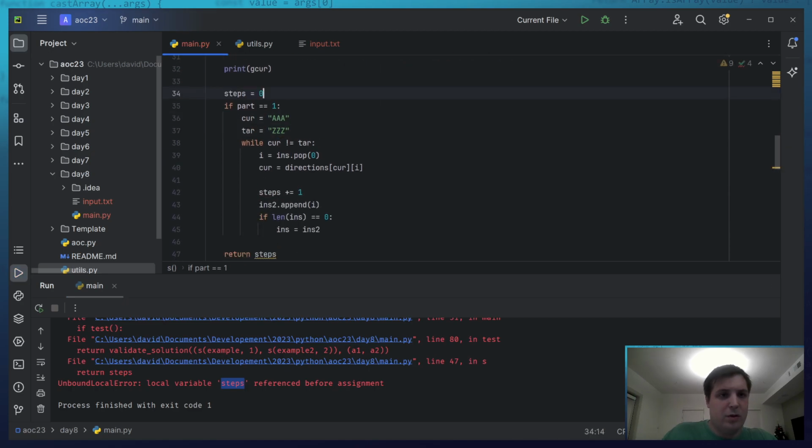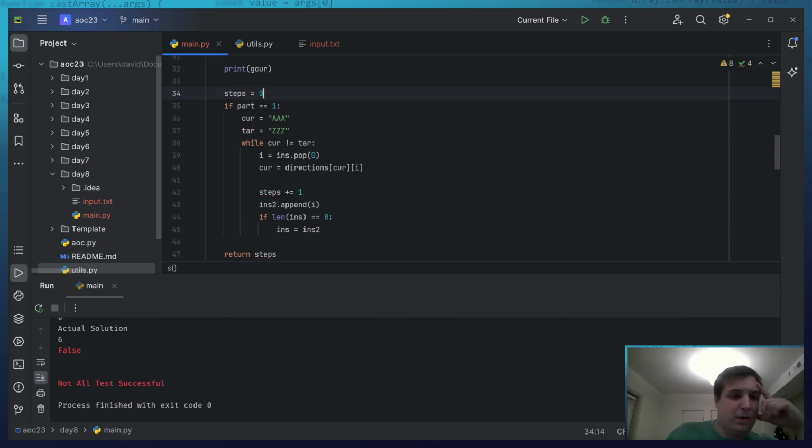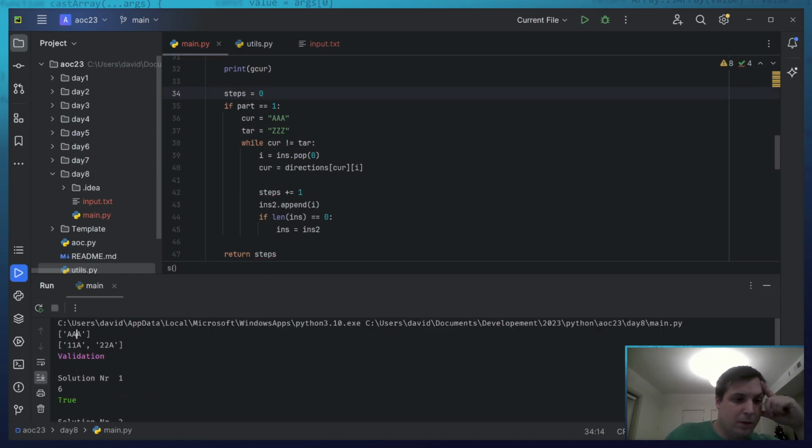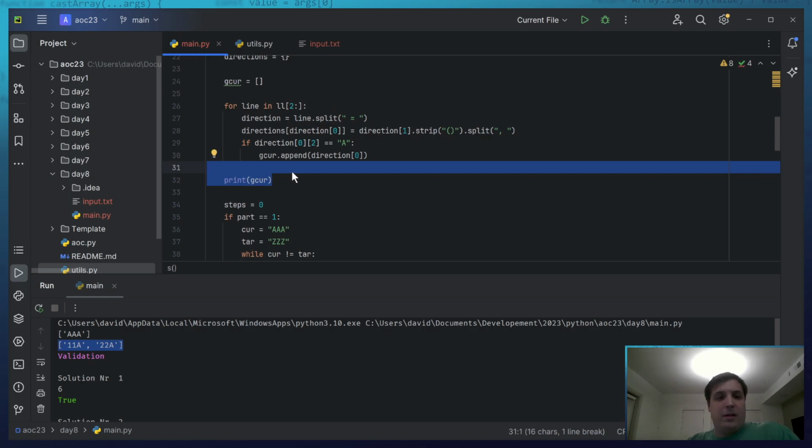Steps needs to be out here. Okay, so yes, the first example is AA, and the second example is 11A and 22A. That seems to work because that's what the example input is as well.